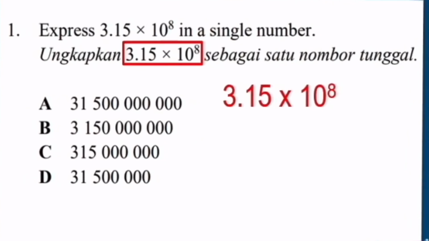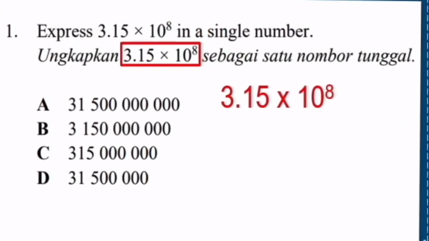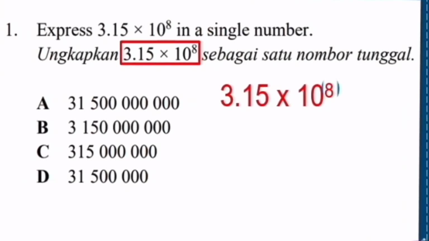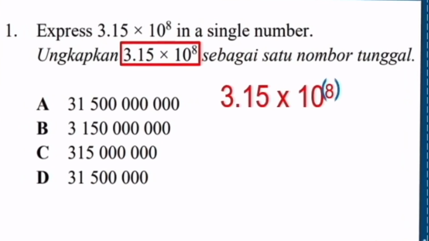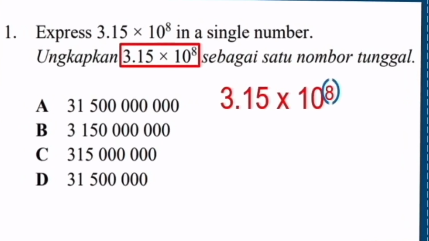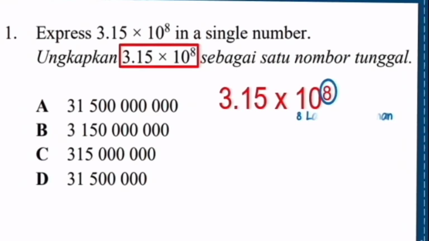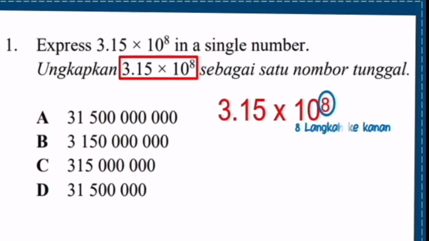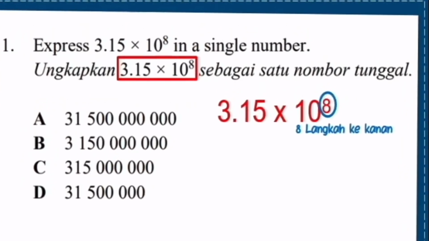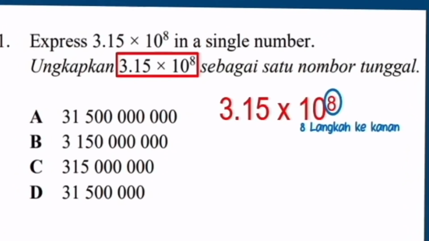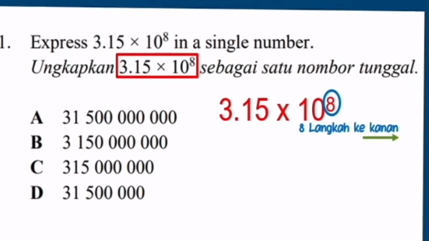So since this number is greater than 1, we will actually move the decimal point. When you move the decimal point, you must make sure you check the power. If the power is positive, then you will have to move 8 steps to the right. If negative, we will shift to the left. But if positive, we will move 8 steps to the right. So now let's move the decimal 8 steps to the right, and after you move, then you will see